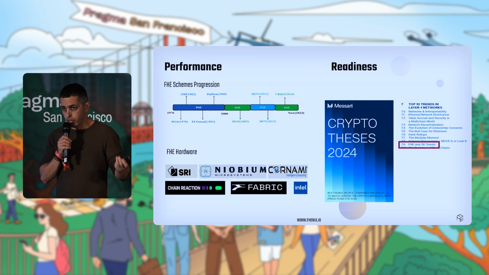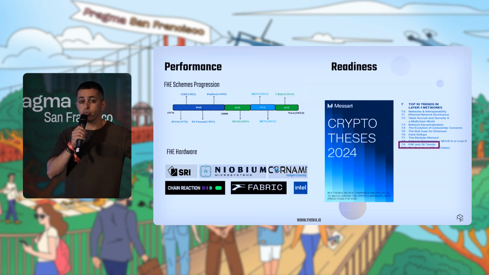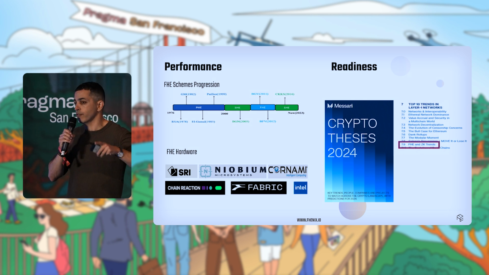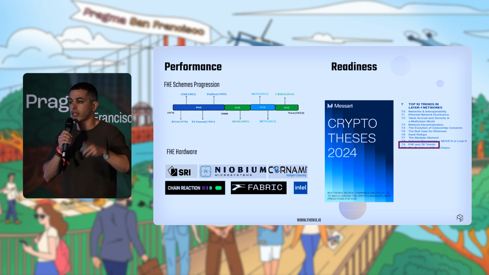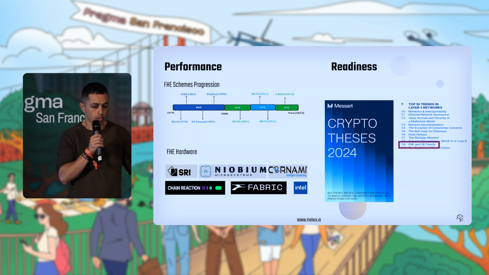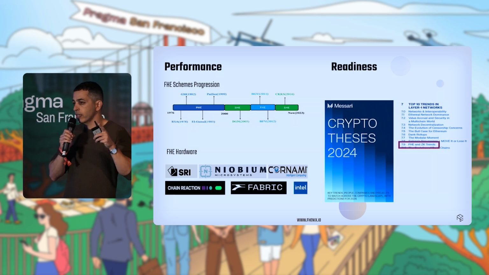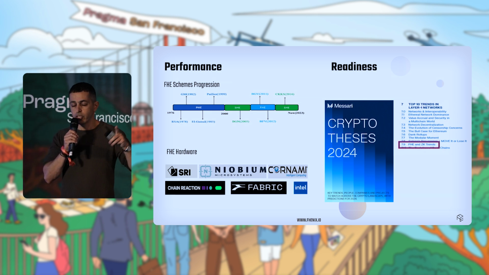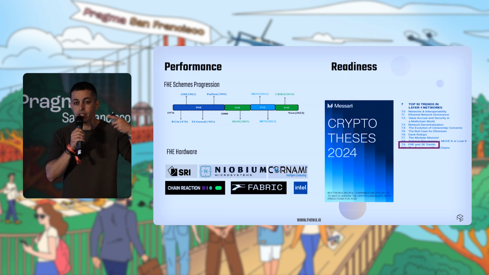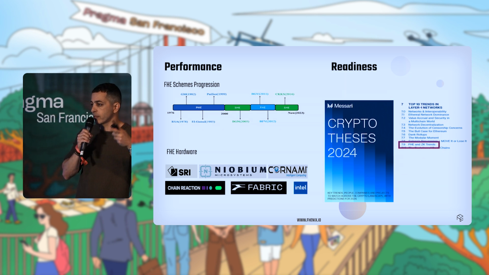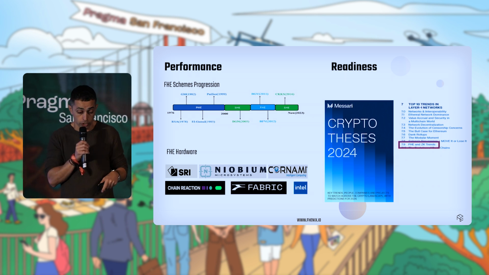So I said two problems. The second problem that's been associated with FHE is performance. FHE is complex. It takes time to compute. However, there's been a lot of progression around FHE on both fronts. One is just making FHE itself faster and faster. Different schemes that are out there are coming and improving FHE performance.